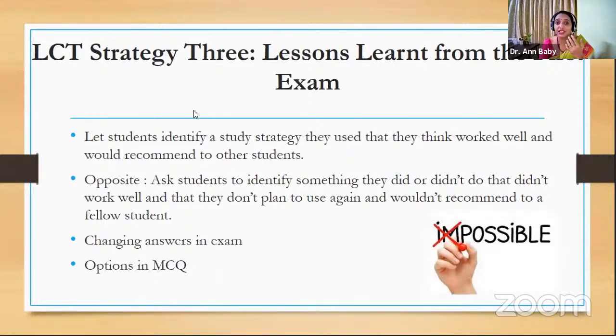Another strategy is lessons learned from the first exam. This is actually very beneficial when you do MCQs. Imagine the student has 4 choices. Students always have this mentality: they see all these 4 choices together. They have a doubt, is it the first one or the second one? And they pick the second one. After some point of time, they will feel, oh, it isn't the second one, it is the first one. And then they'll rub off the second one and mark the first one. That always happens. Why does that happen?